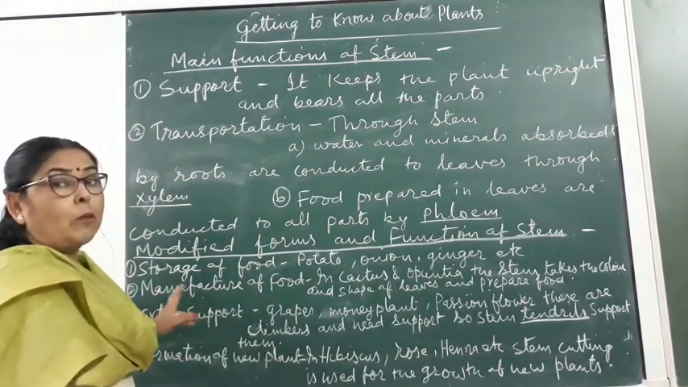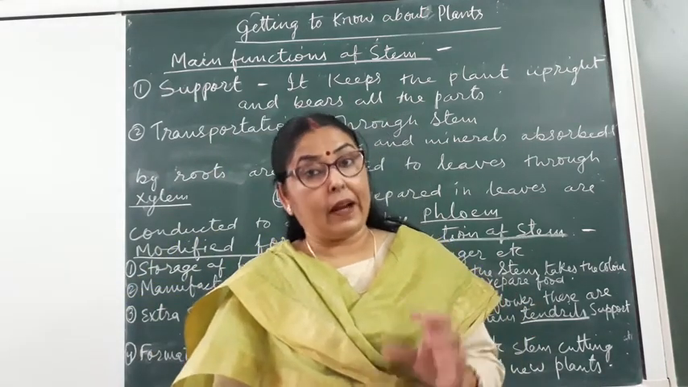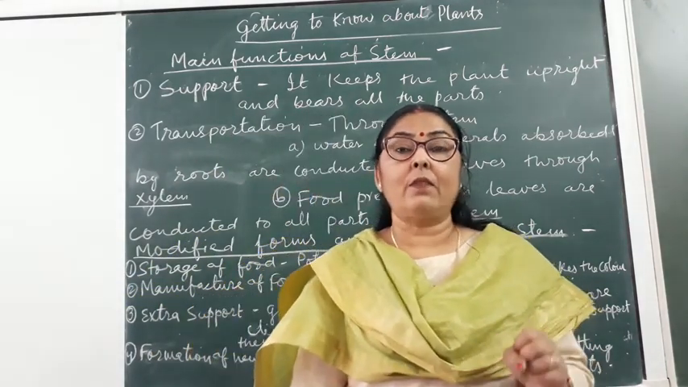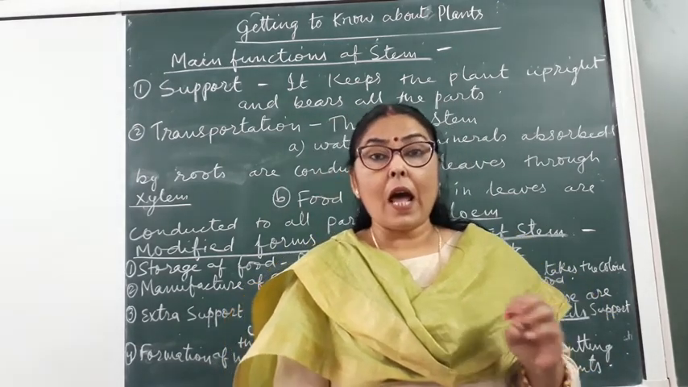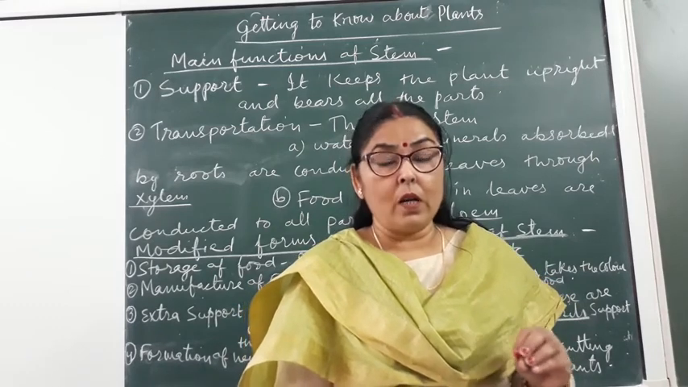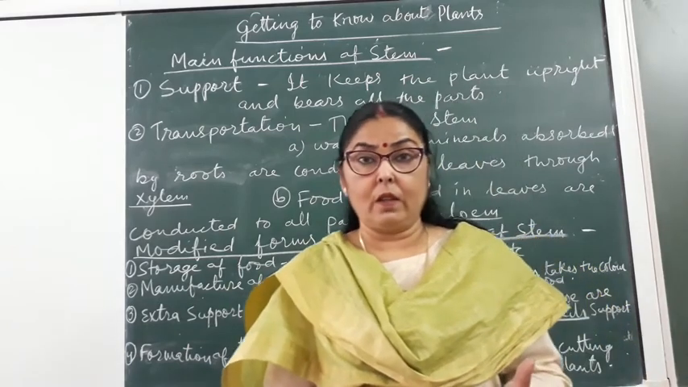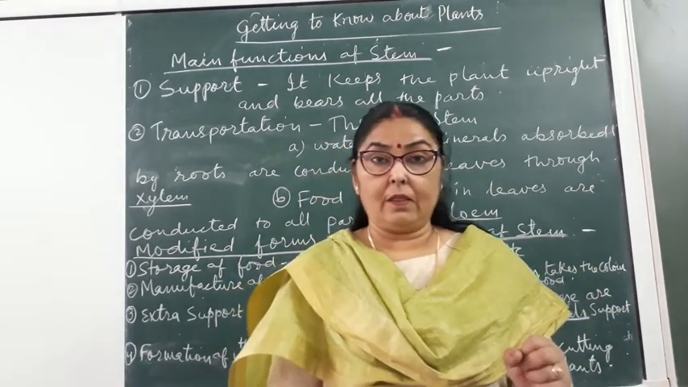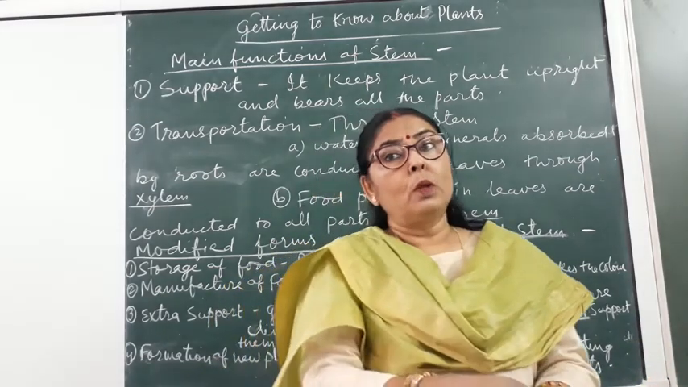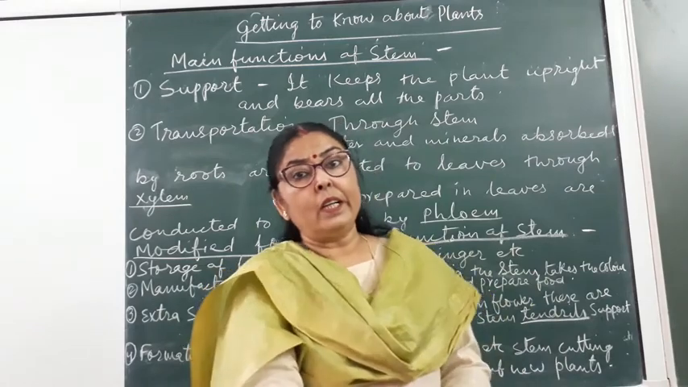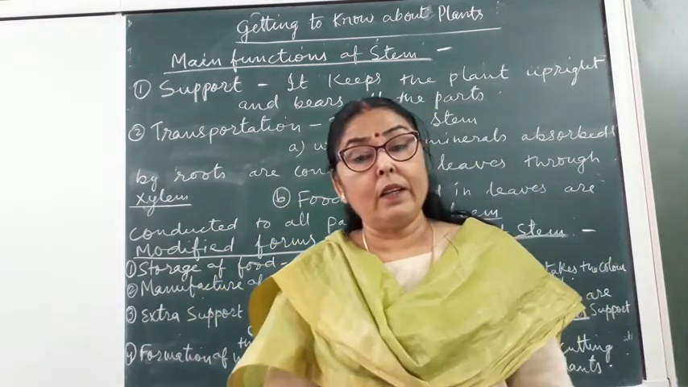Second one is manufacture of food. Students, you all know about cactus. Cactus is a variety of plant which grows in very dry areas of the world like deserts. So these plants do not get water easily for their photosynthesis. So they have to absorb water from very deep in the earth, and so their roots are very developed and